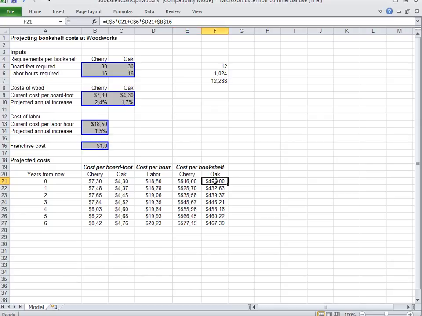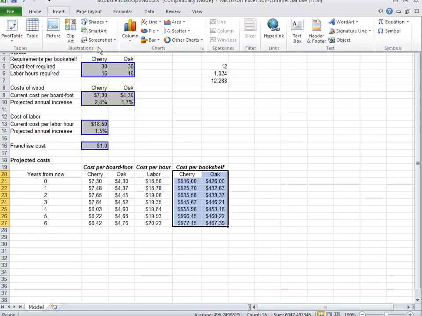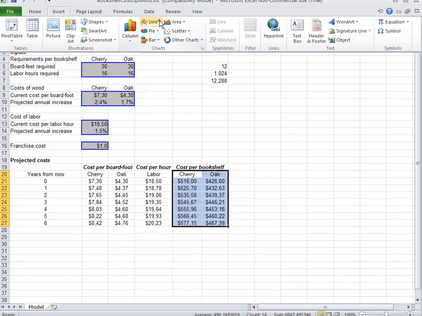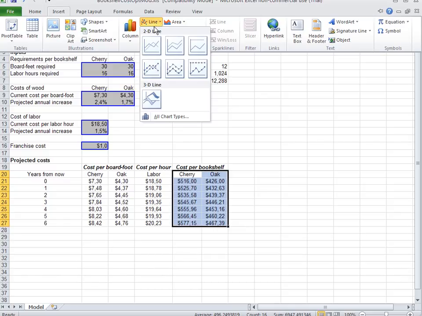And now let's graph those out. Let's select these cherry and oak numbers and do insert, and usually when we have two different dynamic values going up and down, we use a line chart. So here it is, the line chart. We insert the line chart for different values comparatively, and we have to select, for instance, if we're taking from the first row where there are no